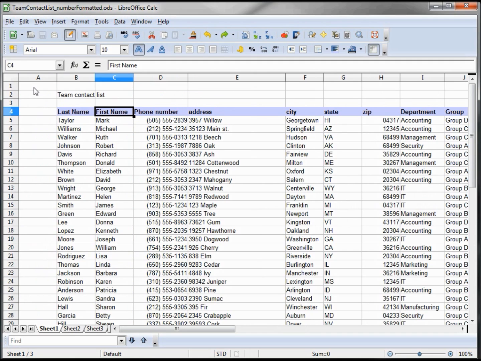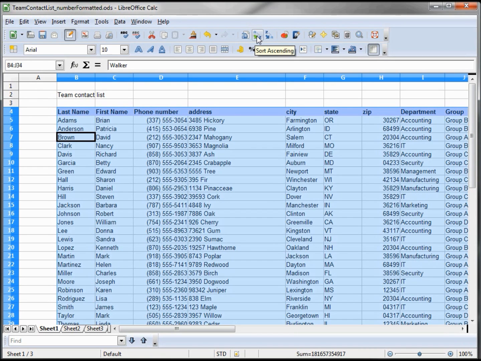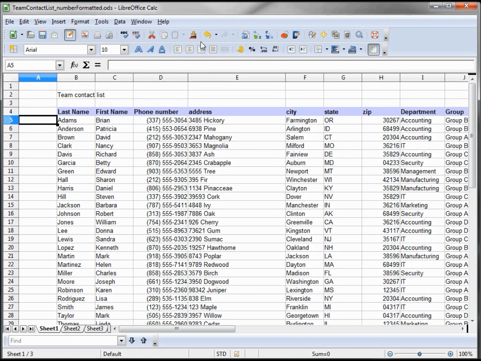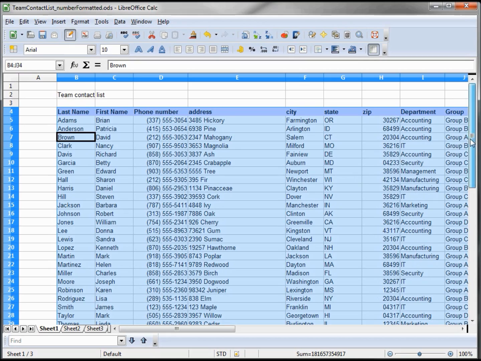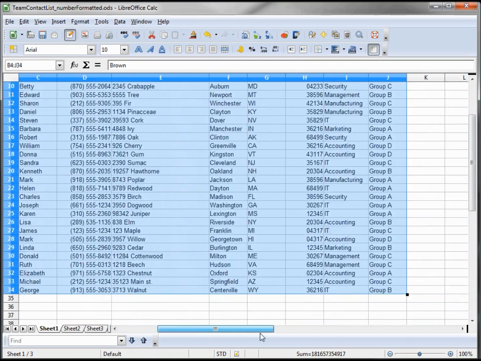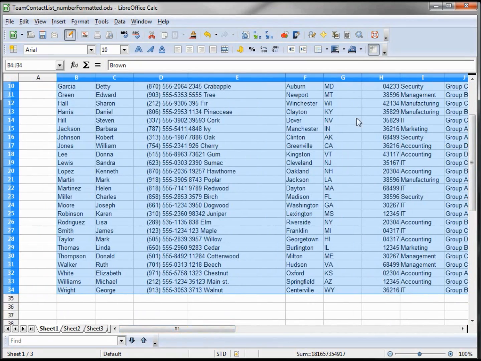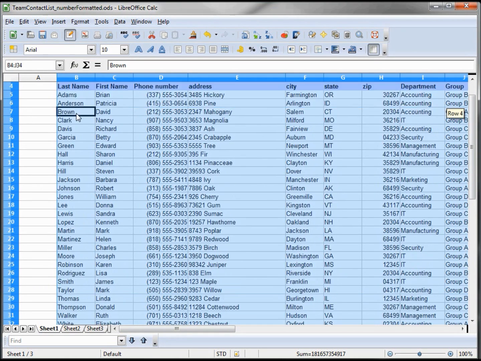And now I've got some headers here, and I've not sorted things, but I want to sort them on last name. So I'm going to click on any of these names in last name. I'm just going to hit the quick sort ascending, and it's going to sort that whole group. And let me do that again so we can see the highlighted group. It's showing us what it sorted is what is highlighted. And it did the whole row across, not just the name. That would do us no good. So it did the whole name across.